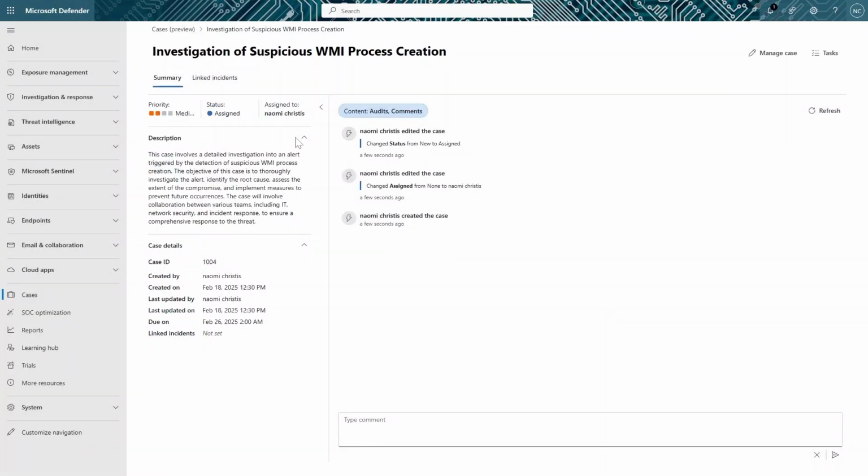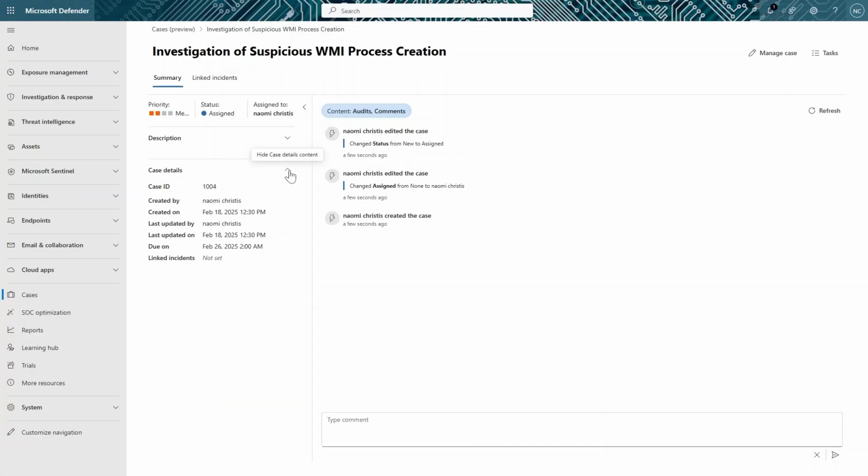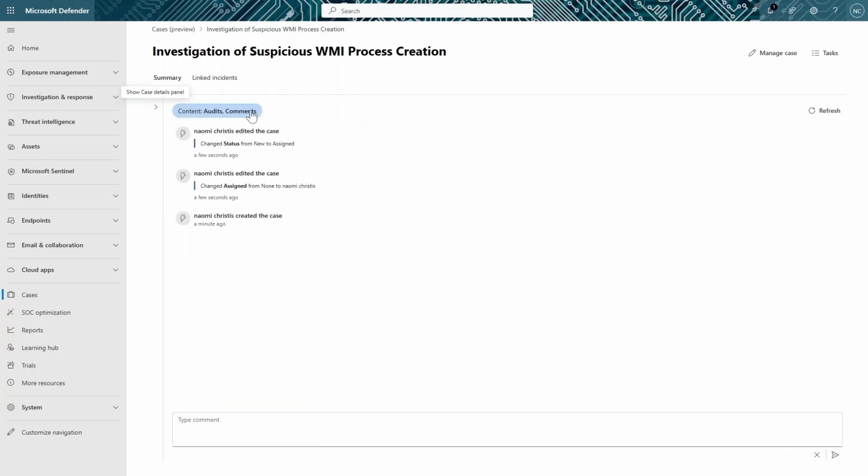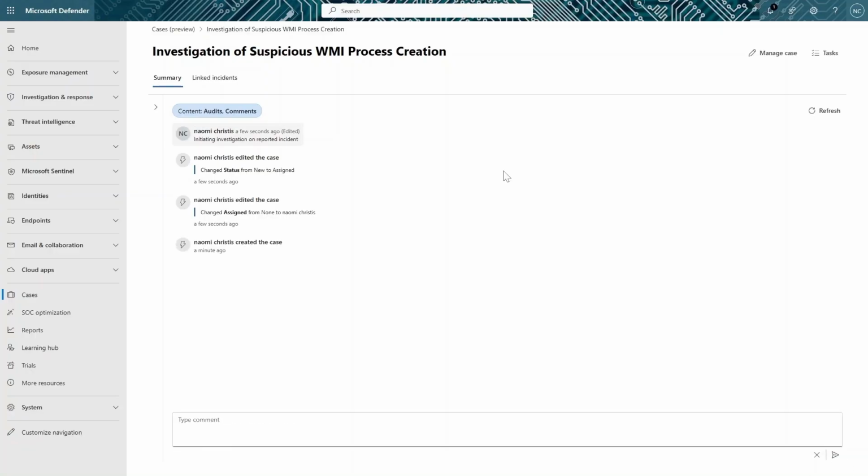Now that the case has been created and assigned, let's look at the activity log. I'll add a comment indicating that I've officially started to work on this case, and then add comments, which will be stored in the activity log. More and more activities will appear in this window as I carry out the investigations, and other team members will be able to filter for certain activity types.